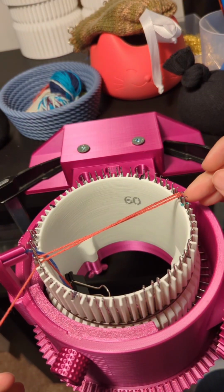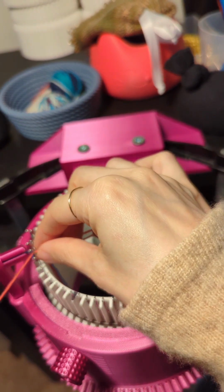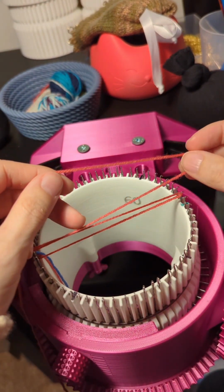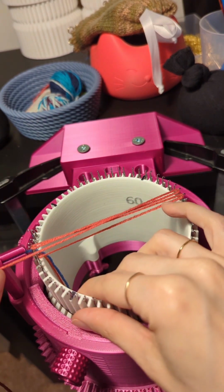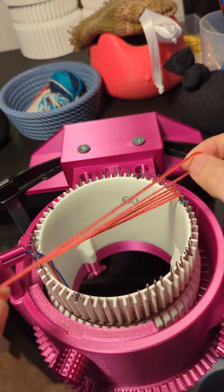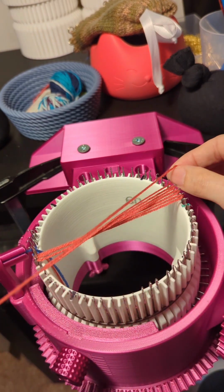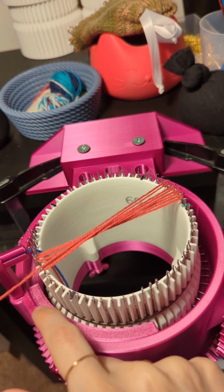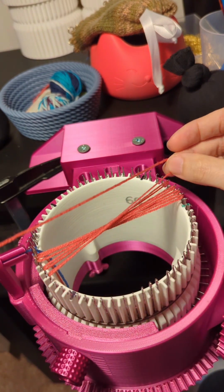So 1 needle to the right of the main mark, and then we're just going to wrap it around the next needle to the right of the last one, and then we're going to go over to the right of that needle, and we're going to go around. Now we're going to make sure that this is not super tight, because if it's super tight, then it's pulling on the needles. If it's too loose, it's not going to knit, so it's going to take some practice. And we're going to do that all the way around, but we're going to just take it